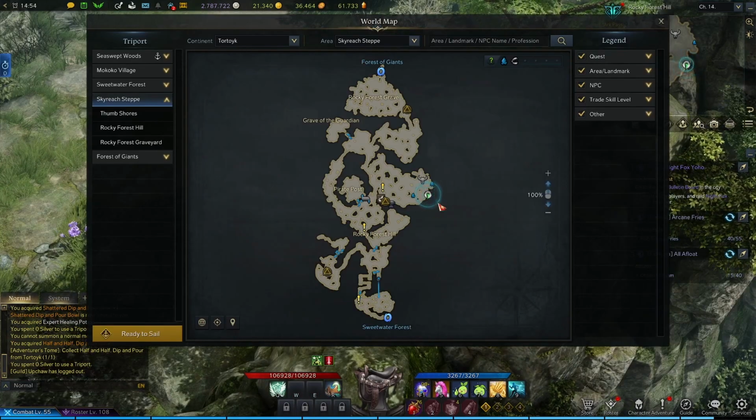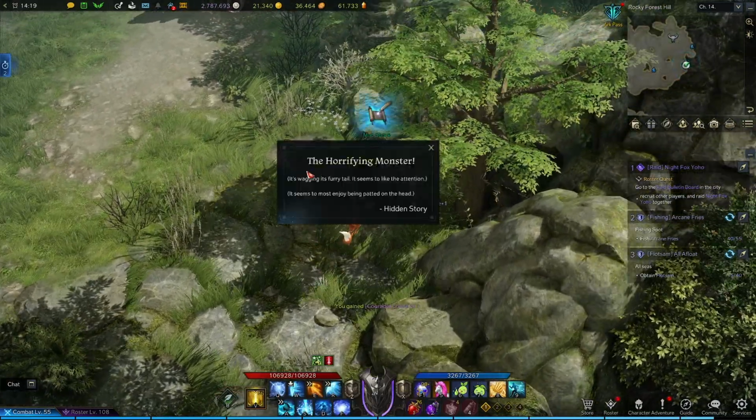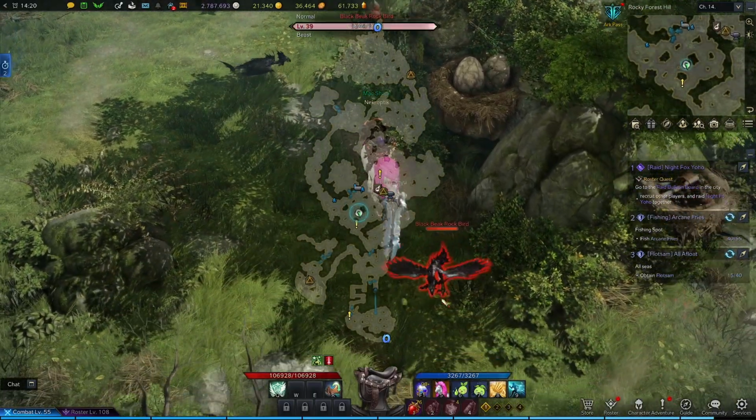After Caspiel, make your way over here to this east wall, where you'll find a dog sitting underneath this tree. If you investigate it, you'll finish the hidden story, the Horrifying monster. Once you pet the good boy, we're going to head to the next part of the map down south, and